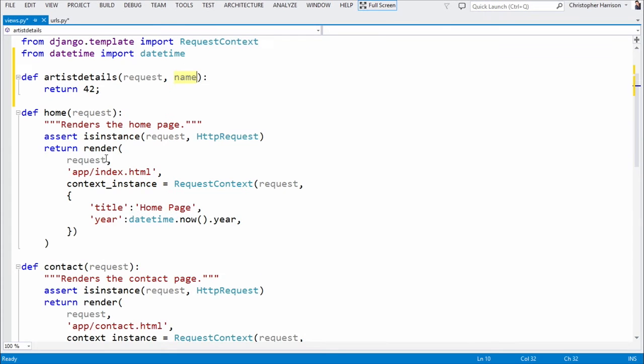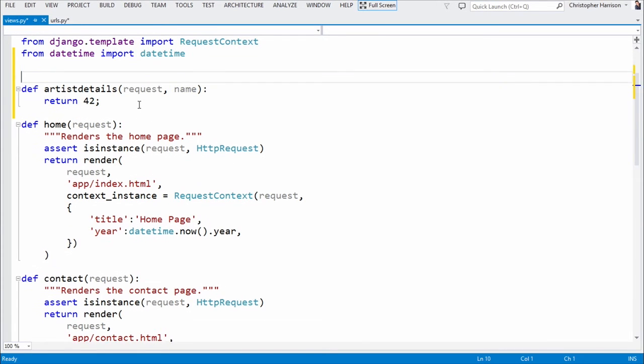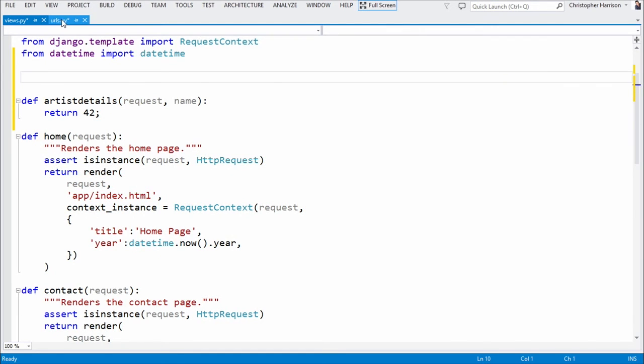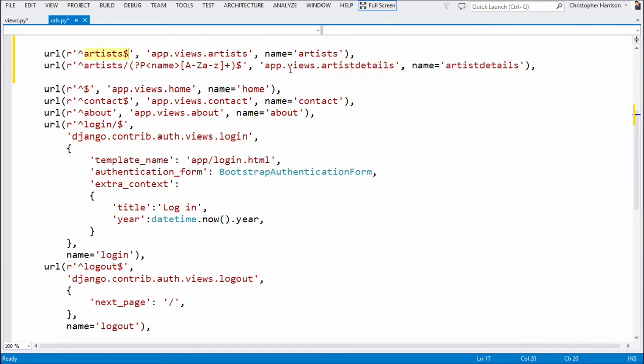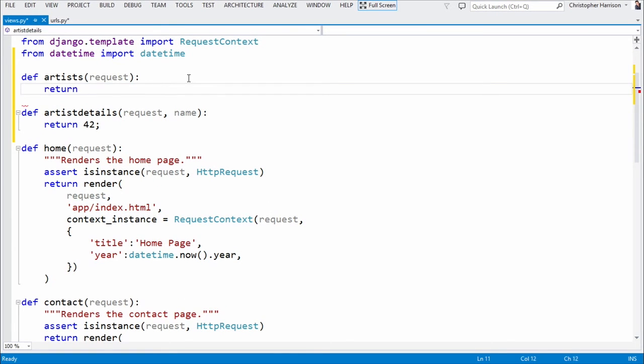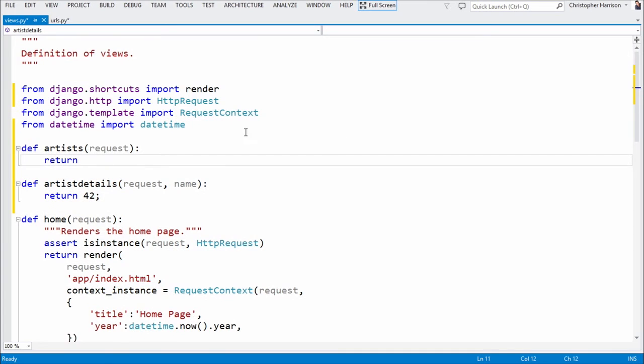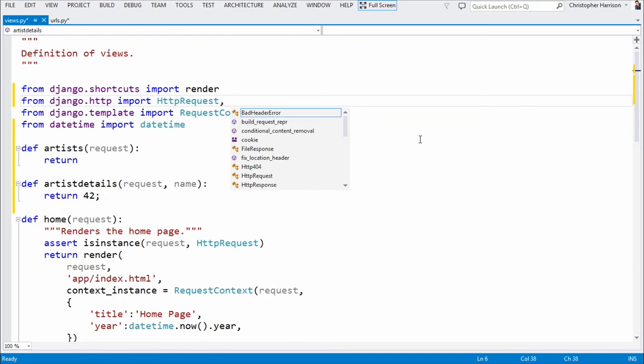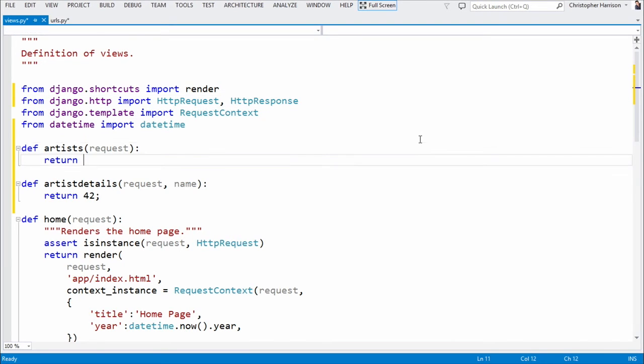So what I'm going to do is come over here to my code, and let's go ahead and add in artists. Just to highlight that once again, there's our artists, and we're going to call @viewsArtists. So I'm going to come back over here and say def artists, request, and let's say return, and we want that HTTP response. It's not imported by default, so I just need to add that in, HTTP response, and let's say return HTTP response,